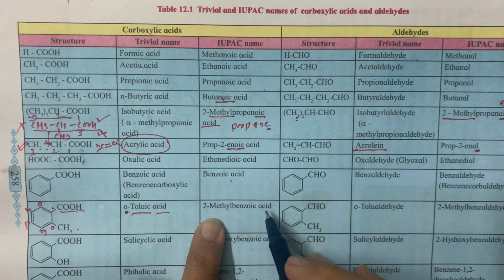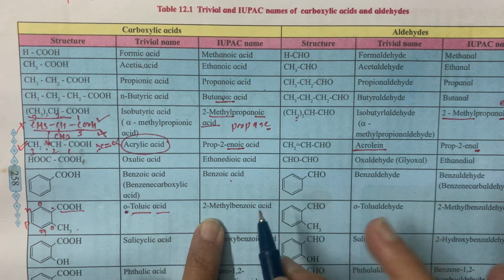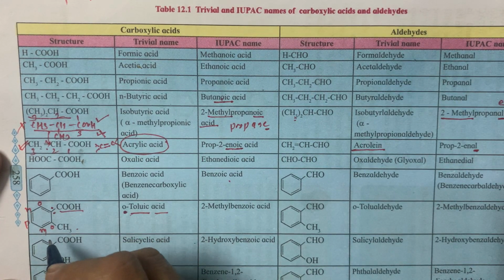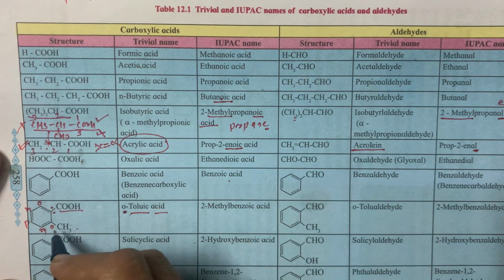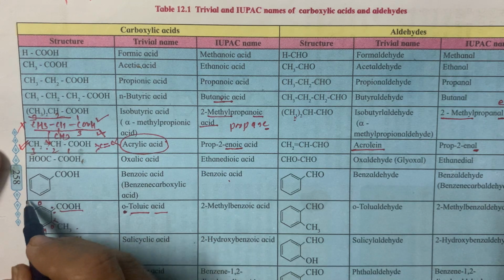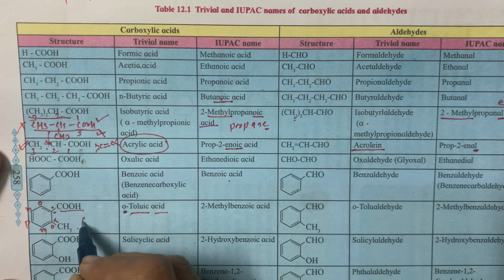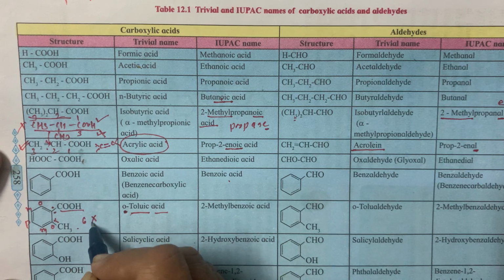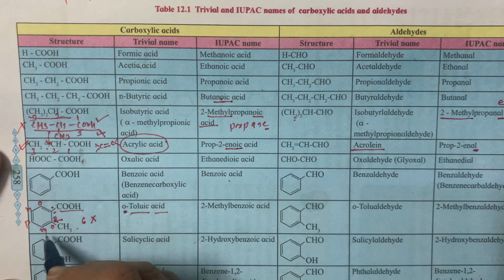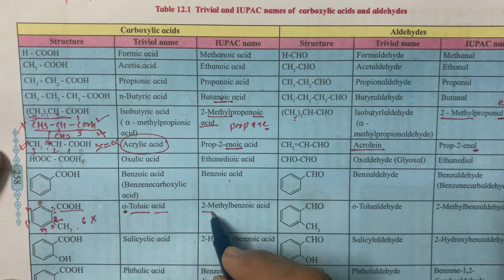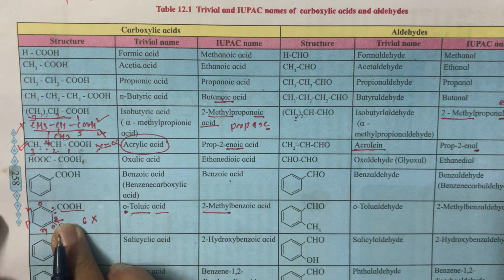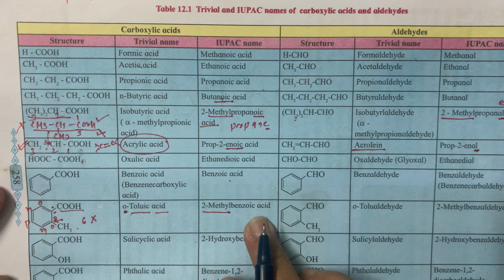But if you are going to think about IUPAC, then very simple. Carboxylic acid functional group must have number 1. This is given in our rule. Then lowest possible number to this substituent is 2, because if you are going to start anti-clockwise, then it will come on 6, and 6 is quite a bigger number, so we cannot select 6. We have to select 2, 1 and 2 clockwise. So this is a substituent on the second carbon. So this is 2-methyl, and the remaining thing is benzoic acid.